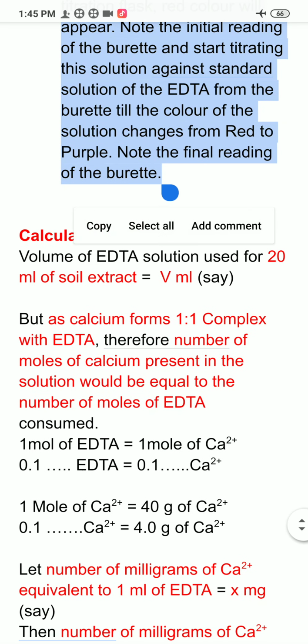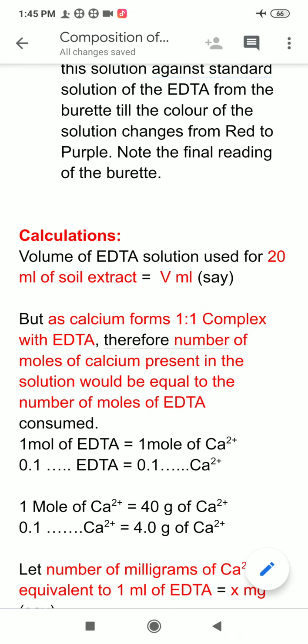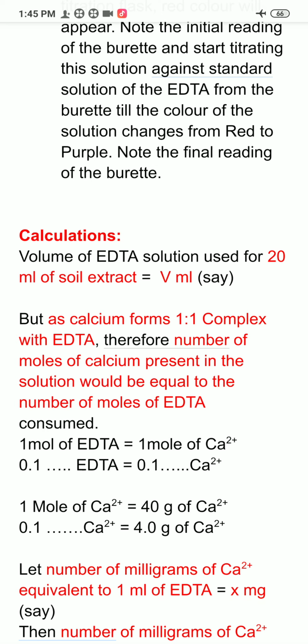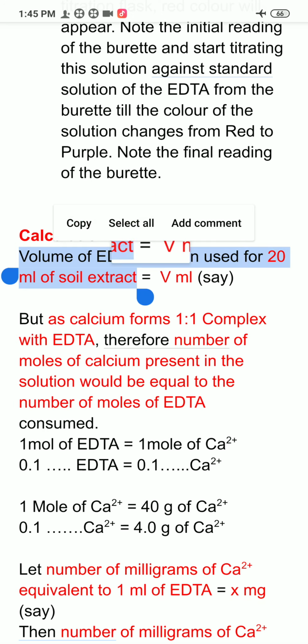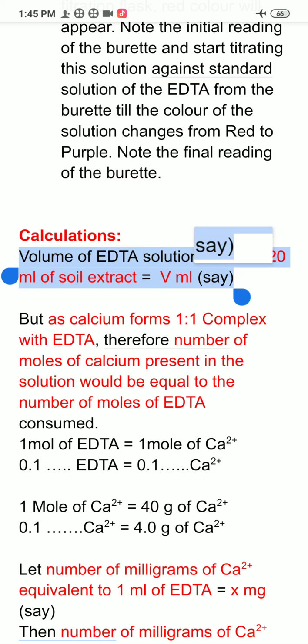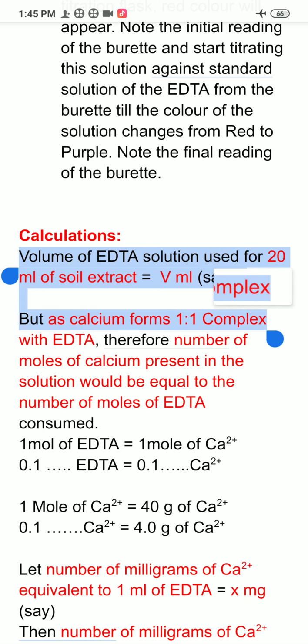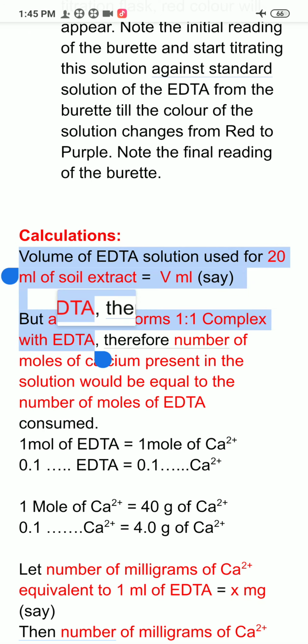Next are the calculations, or general calculation. Suppose we used 20 ml of soil extract for each titration. Then I can say that the volume of EDTA solution used for 20 ml of soil extract will be equal to V ml, say. Now, as I told you that calcium forms a 1:1 complex with EDTA, therefore I can say that